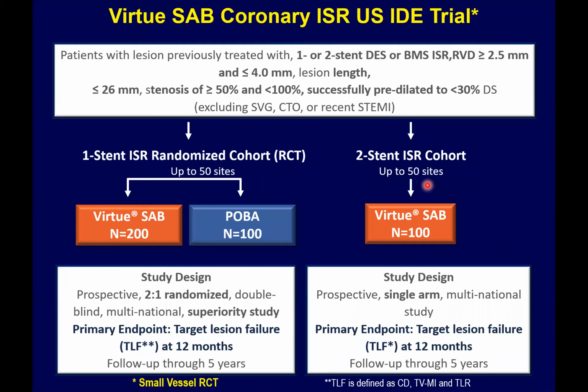Well, the pivotal trial for US FDA approval will focus on in-stent restenosis. This is a void in our armamentarium, as you may or may not know. There are only three devices approved for the treatment of ISR in the United States today. They are POBA, plain old balloon angioplasty, Taxus stent, which is totally extinct, you can't find it, and vascular brachytherapy. Many of you may not know that restenting with a DES is not an approved indication. So all of these trials, including AGENT, Sequent Please, Virtue, will target ISR as low-hanging fruit for their initial approval